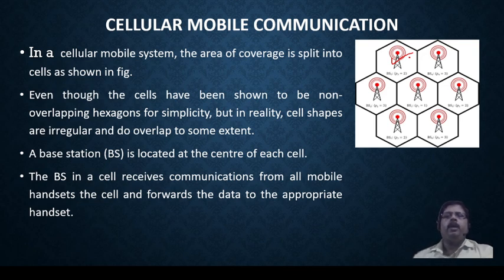Suppose assume that you are calling a person. Your call will be sent to the base station, and if that person is within the range of that particular base station, it will go directly from that base station to the other handset which you are calling. Otherwise it will contact another base station, and from there it will send the signals. And how this is done, we will discuss in the upcoming topics. There is a separate topic on that.